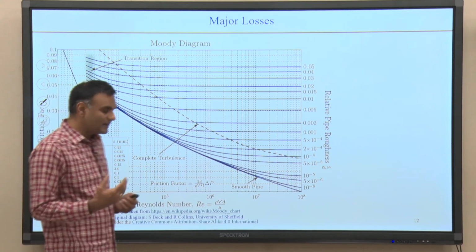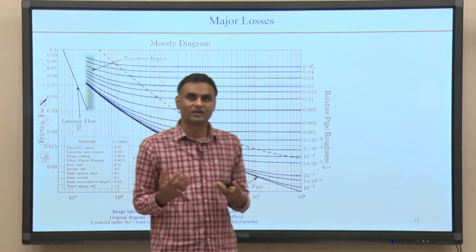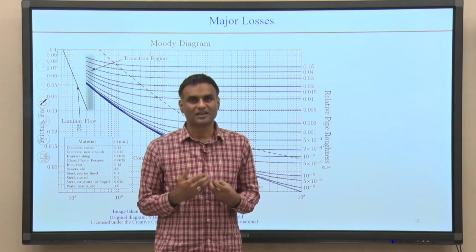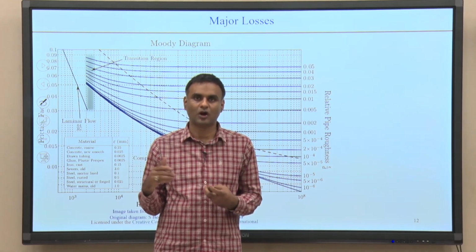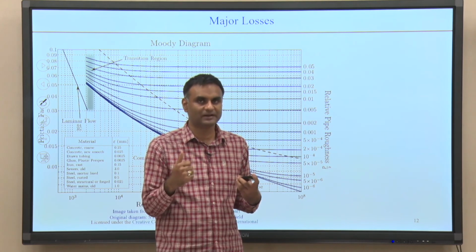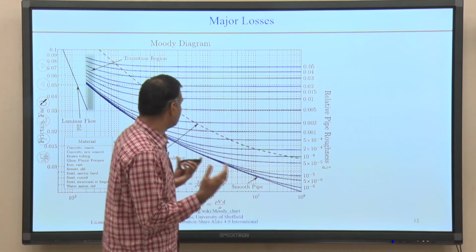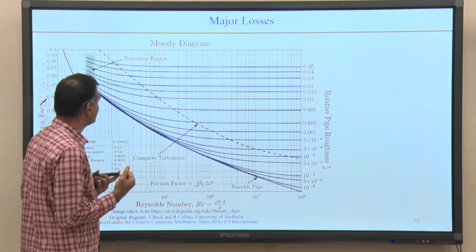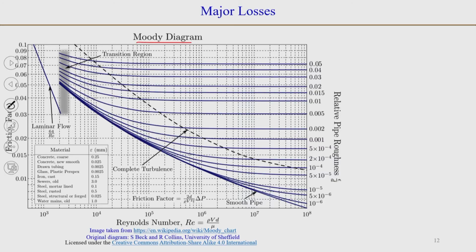Now, the next question comes, what if the flow is turbulent? There is no functional dependence that one could obtain except by the experimental data. So, a very standard chart has been prepared, which is called Moody's diagram, and what it represents is the functional dependence of friction factor F as a function of Reynolds number and as a function of roughness factor. You can see this roughness factor is E by d here.